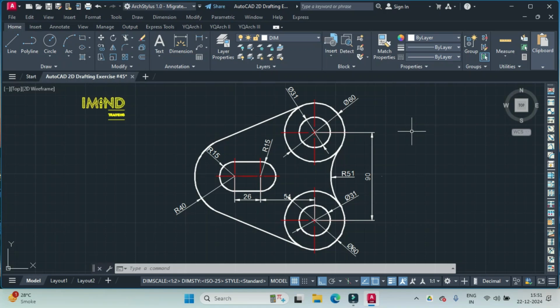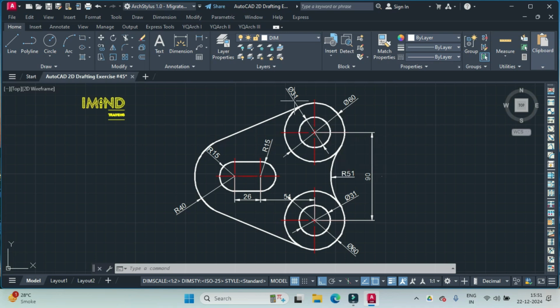Hi friends, in today's video tutorial, we would study how to prepare this geometry in AutoCAD. As usual, we'd first spend some time analyzing this geometry and trying to see how we'll proceed with the drafting. After analyzing this drawing, I feel that the best starting point would be drawing this inner circle